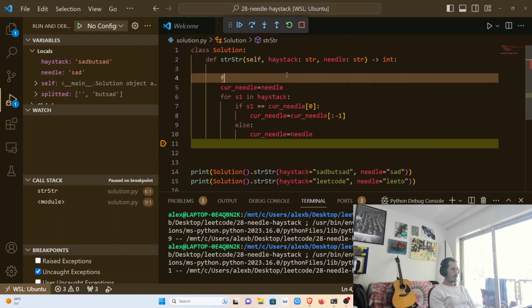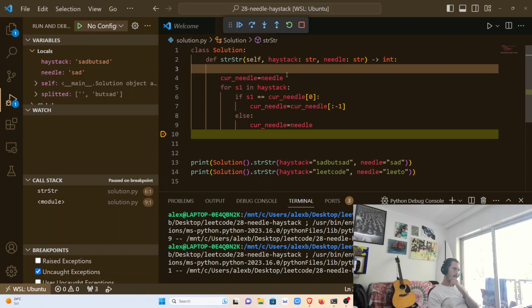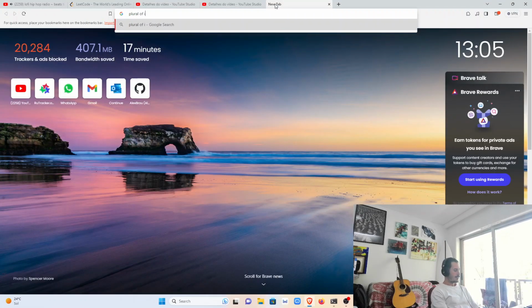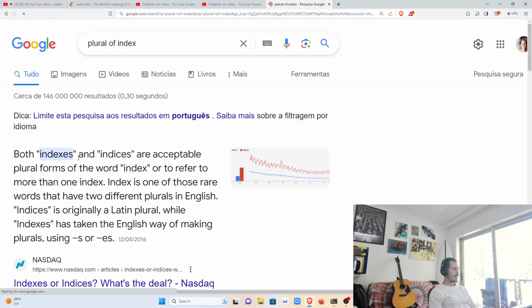So for needle, okay, potential starts equals, let's see, start and how do you write this? I never know. Plural of index. Indices,